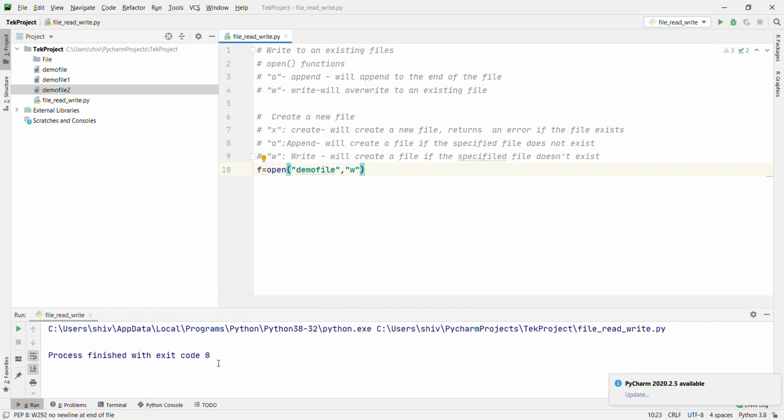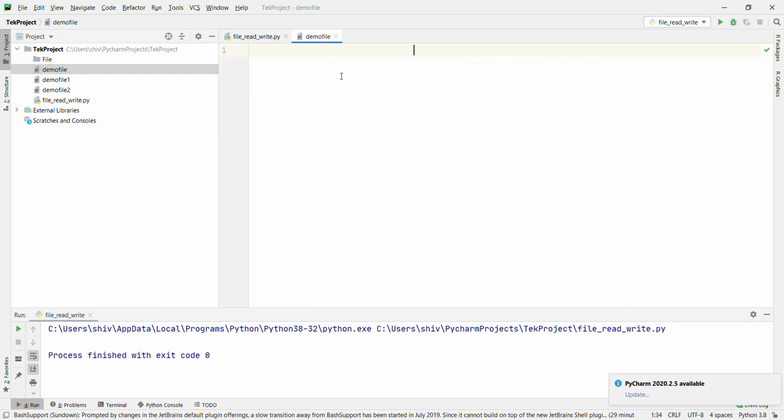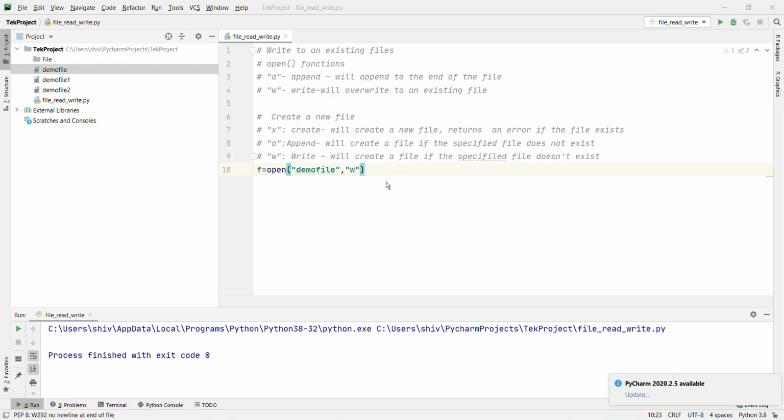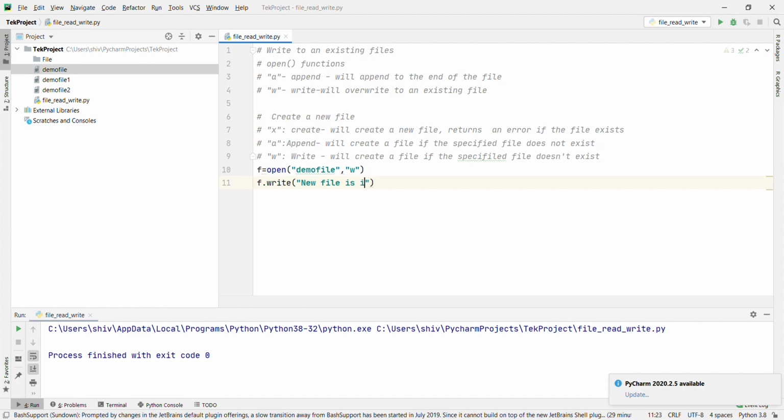It will not give any error. Okay, and if you're going to write something to it, then it will write into the demo file, in some contents. f dot write. If we're going to append something, then we have to use f dot write and add something. The new file exists. Okay, and after that we are going to close the file.